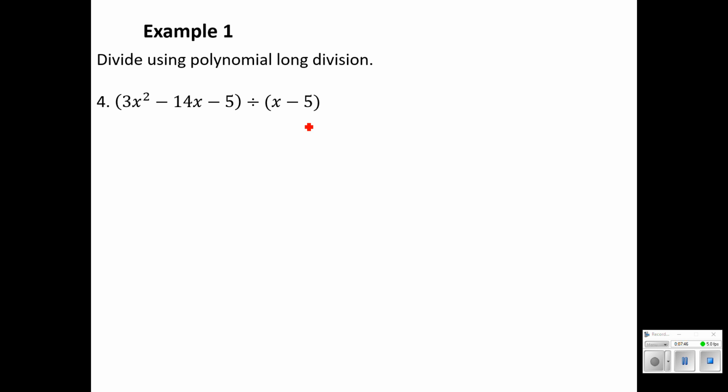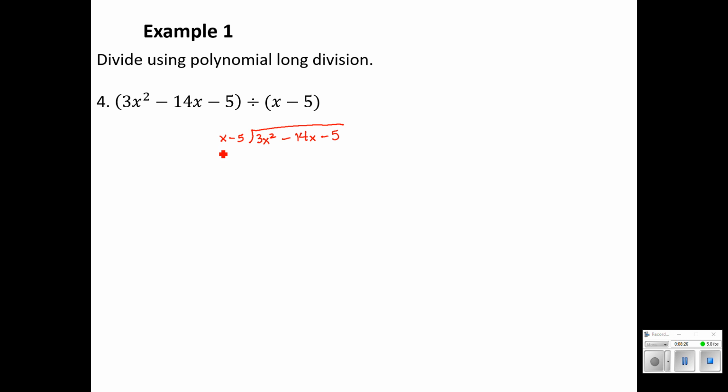Okay, example 1, divide using long division. Well, we're going to set this up just like we set up the division problems in our introduction. One thing we want to be sure of, though, is that we are setting up what's being divided so that it is accounting for every single x value. So I've got 3x squared, I've got a regular x, then I've got a minus 5. Say there were no x term there, I would write plus 0x in there just to hold place. Remember, we had everything lined up nicely in columns when we did our introduction. The same thing happens here, so it's nice to have those placeholders.